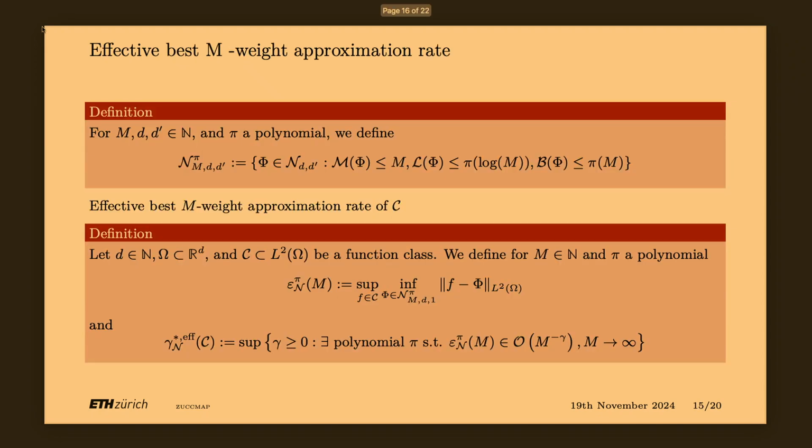Again, we can create a parallelism with the problem that we had before. Before, we were searching in dictionaries that are by nature made of infinite functions. Now we are searching in neural networks where we have a condition on the connectivity, but essentially that is not enough. The idea is that there are too many neural networks from which we can search. So we need to impose some other constraint.